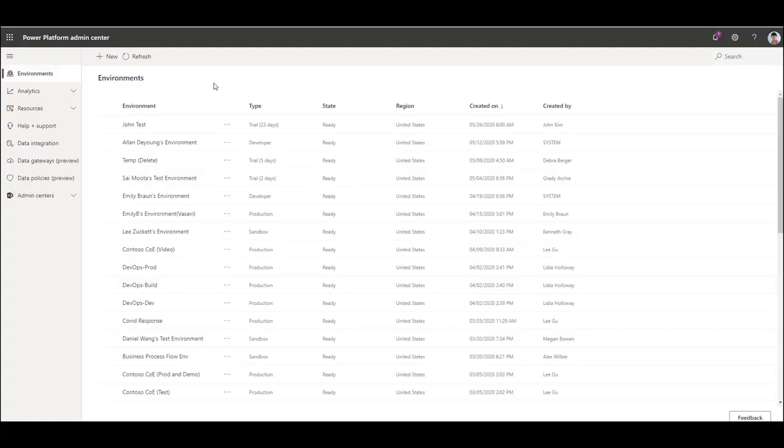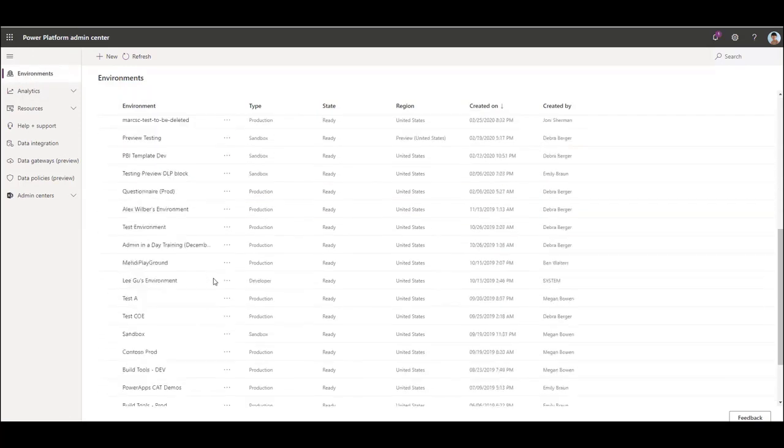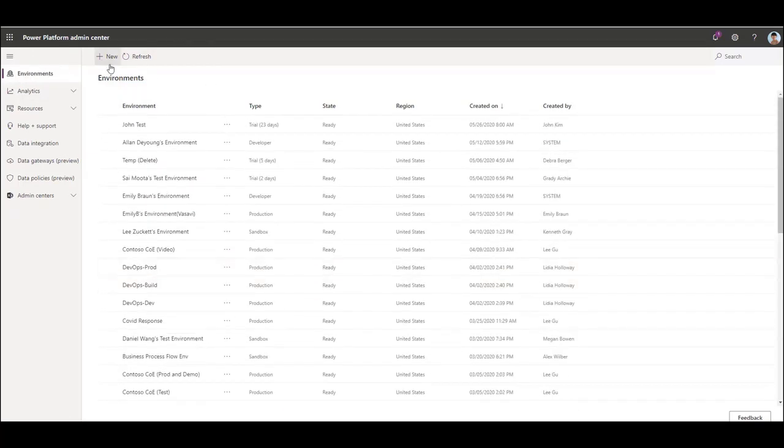Let's now look at how to manage environments in the Power Platform Admin Center. So I'm in the Power Platform Admin Center, PPAC. I've got environments on the left-hand side open. I see an existing list of all my environments, and I can create new ones from here. But first, what I want to do is restrict the creation of new production and trial environments